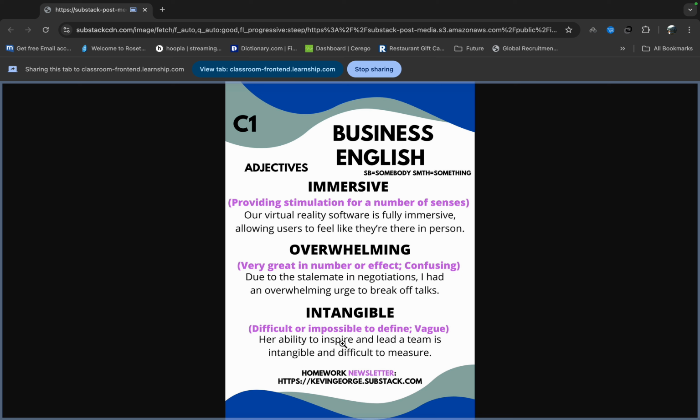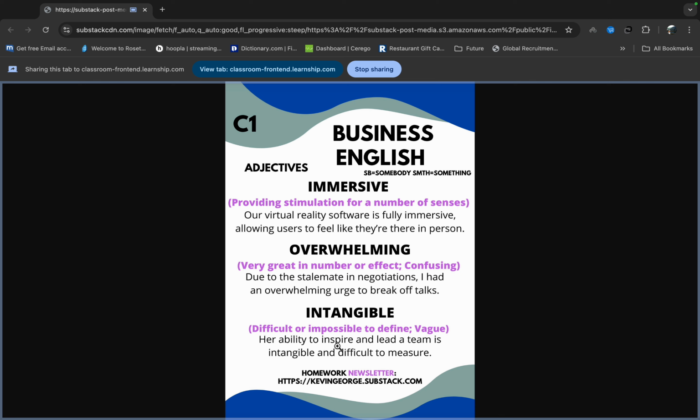So, intangible means something that doesn't exist, versus tangible, which is something you can touch. Intangible would be like you are a software developer, software designer. That is all intangible software. It's not something we can actually hold, so it's intangible. This is a very good word to remember and to use. It means difficult or impossible to define. It's vague, I guess.